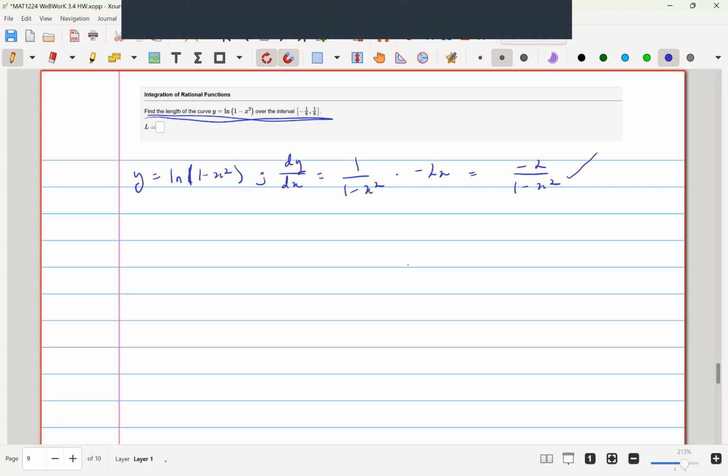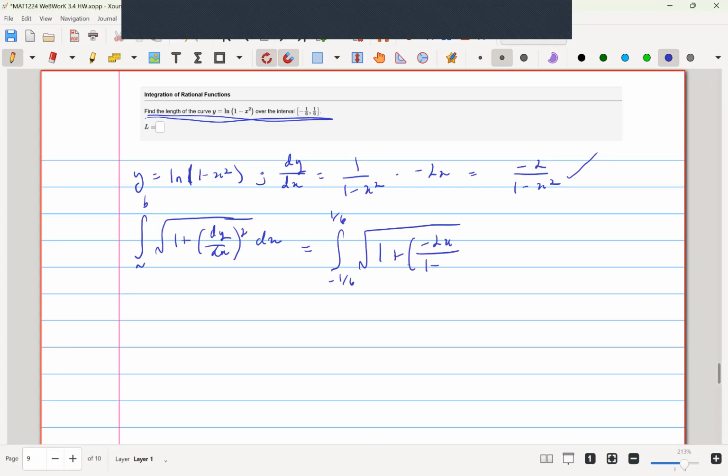All right, and now we know the length of a curve from a to b is the integral of the square root of 1 plus dy/dx squared dx, which is equal to the integral from -1/6 of the square root of 1 plus (-2x over 1 minus x squared) squared dx. Okay, and making sure we have the 1 minus x squared over 1 minus x squared, it's very easy to see that